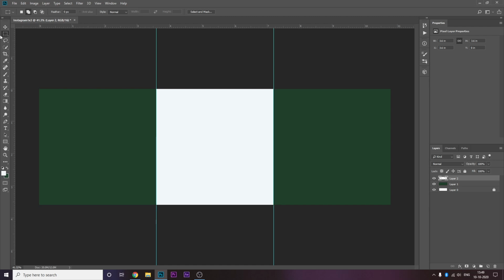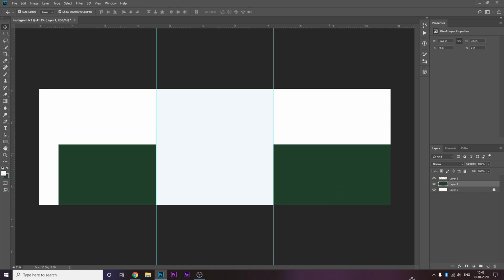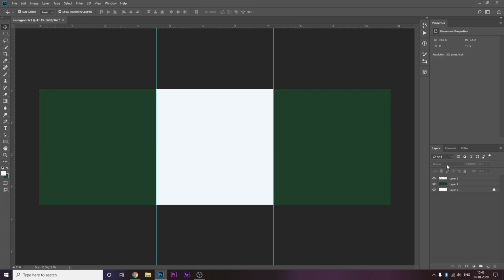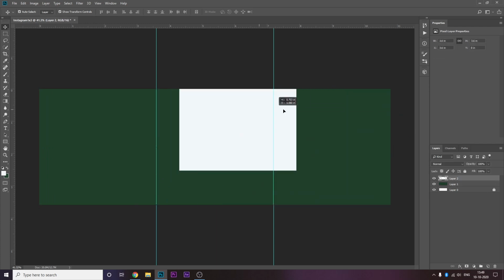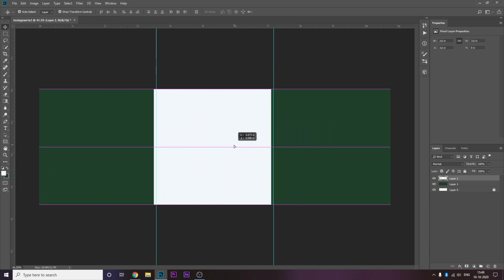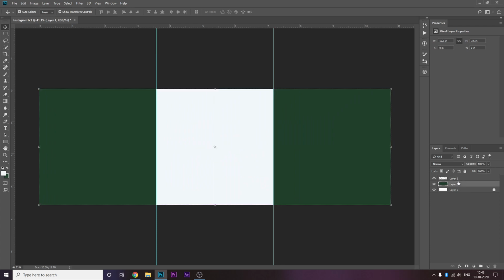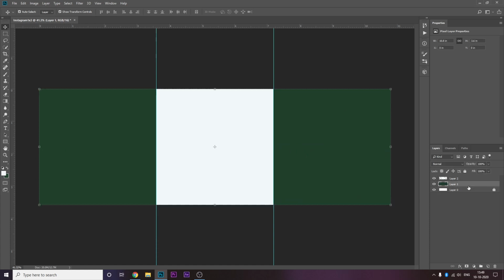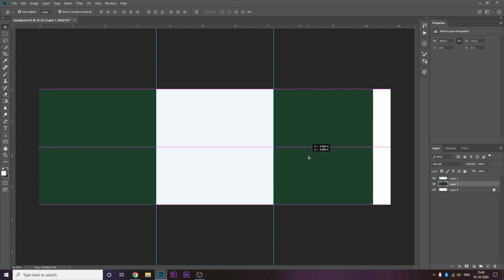Here, if you see, this layer is on layer 1. The green color is still in layer 1, it hasn't gone away. But because we added this extra layer 2, it is hiding all the contents on layer 1. So layer 1 acts as the base for it. Similarly, layer 0 is the base for both layer 1 and layer 2, but I have locked layer 0, so I can't move it. Layer 1 is the base for layer 2.